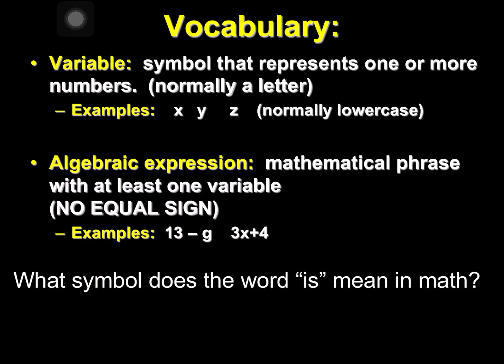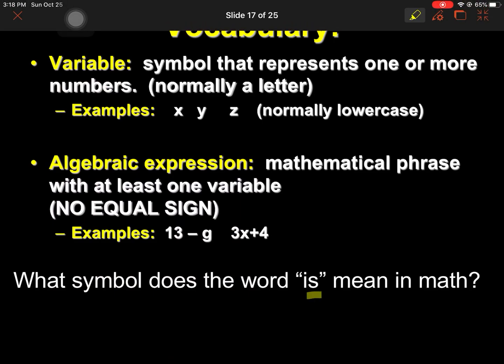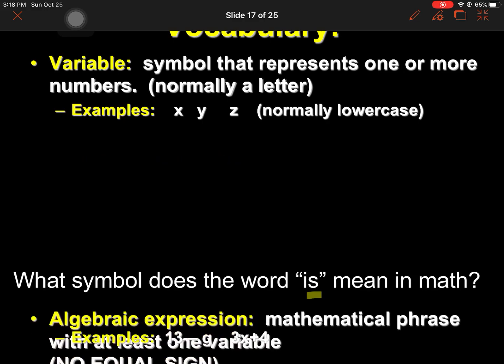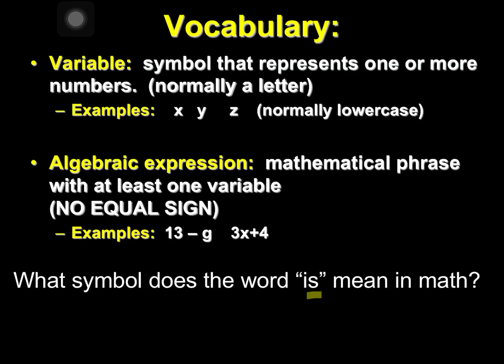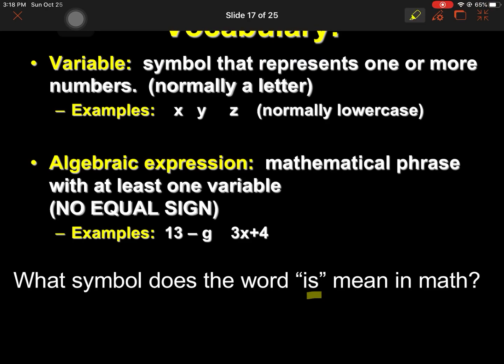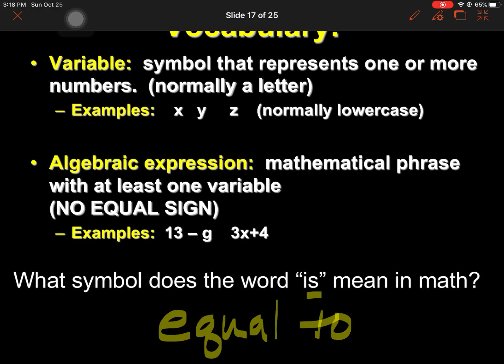What does the word "is" mean in math? Well, that is equal to. I would assume that it was supposed to be coming up. So "is" means equal to. And so you're not going to see it, "is", in this case today because we're going to be dealing with